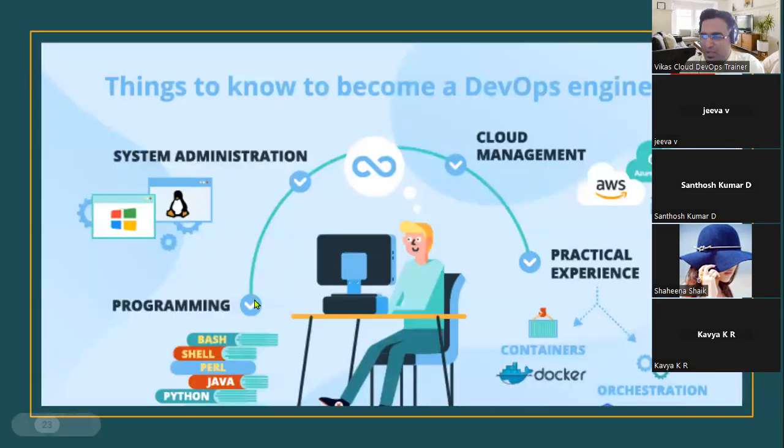What else? A little bit of programming for automation purposes. You don't have to do the coding. Automations came into the picture. Management, okay, the application infra should run properly. That is called system administration. You have to do it. It can be a Linux environment, it can be a Windows environment. Installation of applications, upgrade of applications, a little bit of automation has to be done by the DevOps